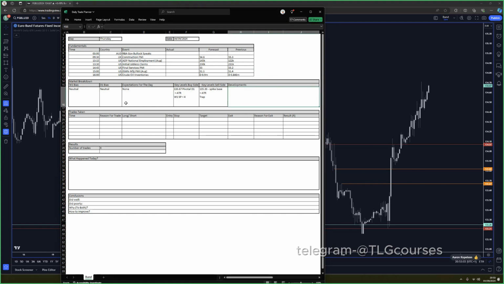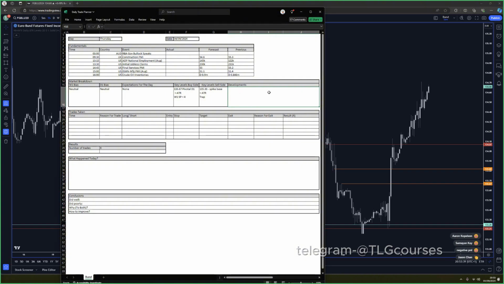The good thing about having a plan like this, and the reason why I think this is a very important part of your process, is because what a lot of people do is they make a plan at the beginning of the day. Then they get to the end of the day and you look at what they actually did, and it was nothing like what their plan was. I've seen people coming into the day saying they're super bearish, and by the end of the day they've been buying it all day. So the key here is to make a plan before the day begins,